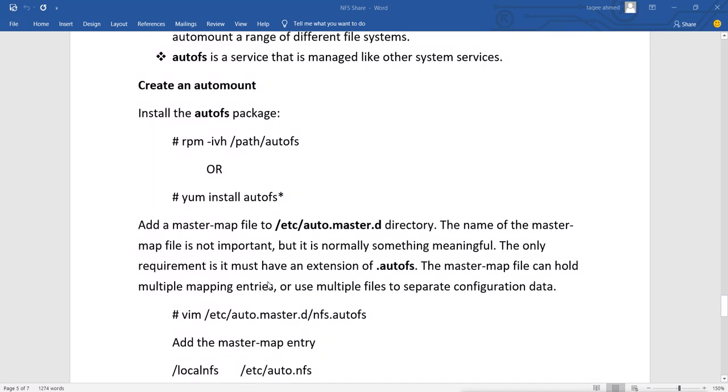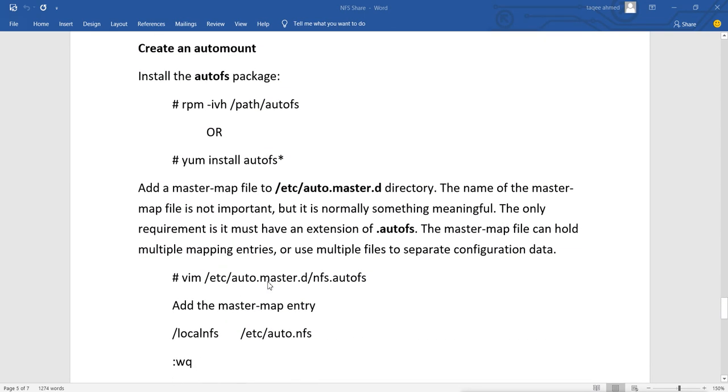Now after installing the package, we create the master map file. We will add the master map file to this directory. There is also a master map file available by default, that is auto.master. If we make any changes in auto.master, they can be overwritten when AutoFS is updated.